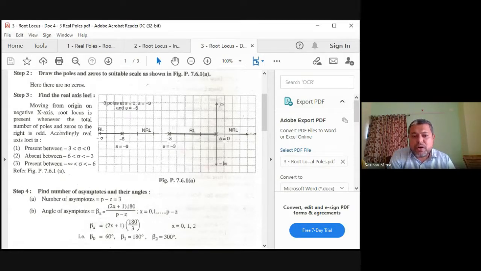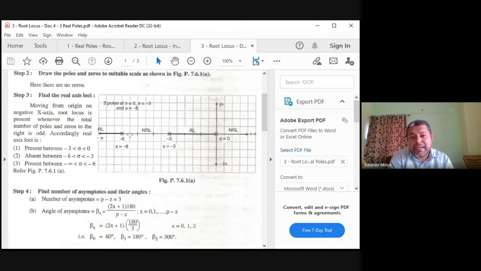Whether this minus 4 or minus 3.5, minus 4, minus 4.5, minus 5, are they on root locus? Answer is no, because every point between minus 3 and minus 6, you will be finding towards right hand side what is the total number of p plus z is equal to 2. That's an even number. So that means this minus 3.5, minus 4, minus 4.5, minus 5, minus 5.5 up to minus 5.9. No real root locus exists between minus 3 to minus 6, because for all these points, they are infinite points, because it's a continuous graph. Okay, for this infinite points, root locus is not there. Real axis root locus is not there on those points.